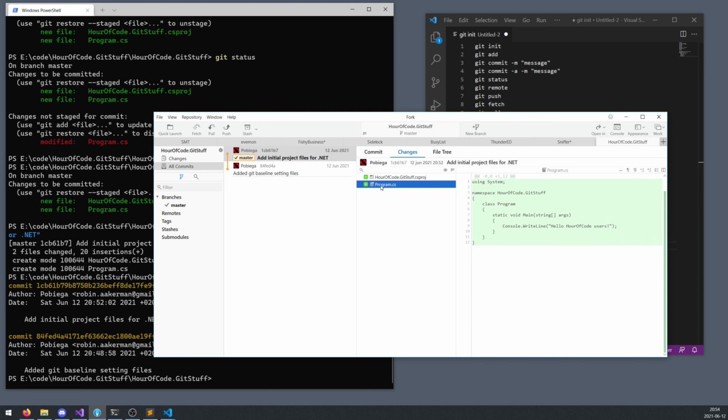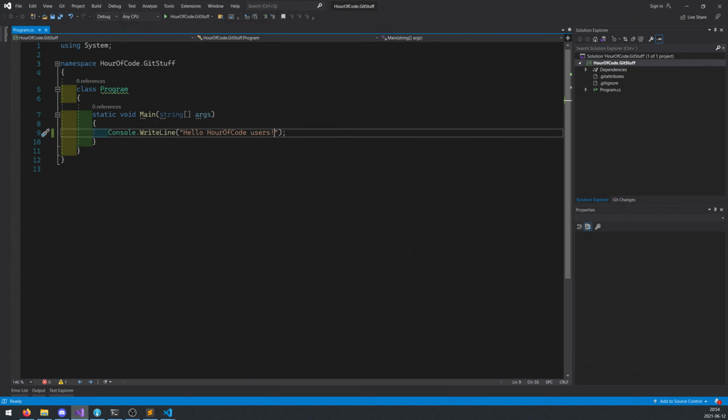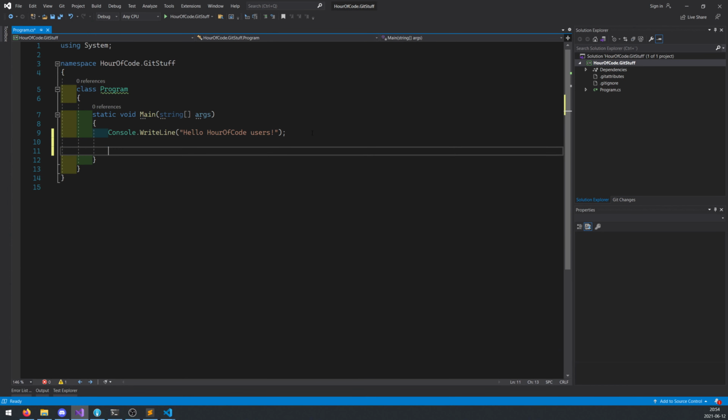So in order to show this, we'll actually make some changes so that we can get a diff, right? Because currently we've only committed new files that were untracked before. So we're going to edit one of those files. I guess we do some stuff like here. So we'll add a little bit of for loop where we say,